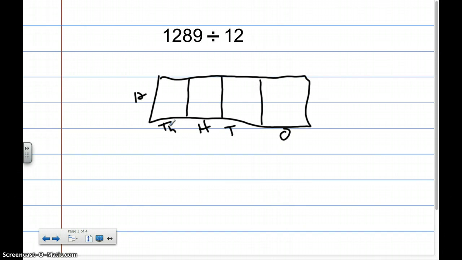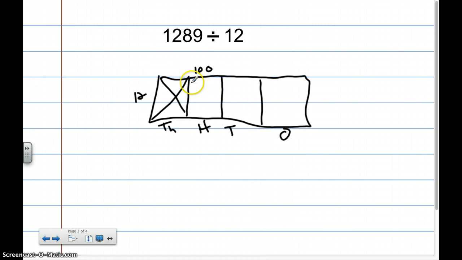So, if I did 12 times 1,000, that's going to give me a lot. That's going to give me 12,000. Well, this number is only 1,289, so I do not have any thousands. Now, I'm going to see how many hundreds I have. So, 12 times 100 is